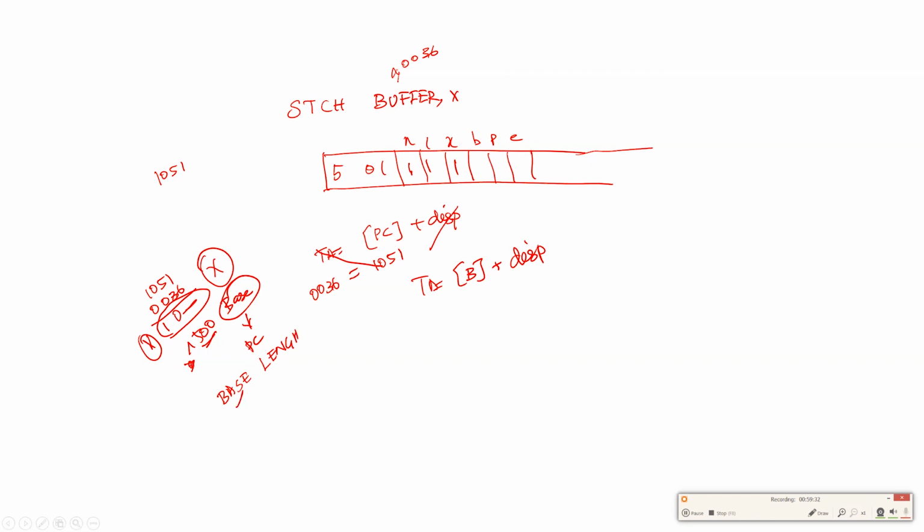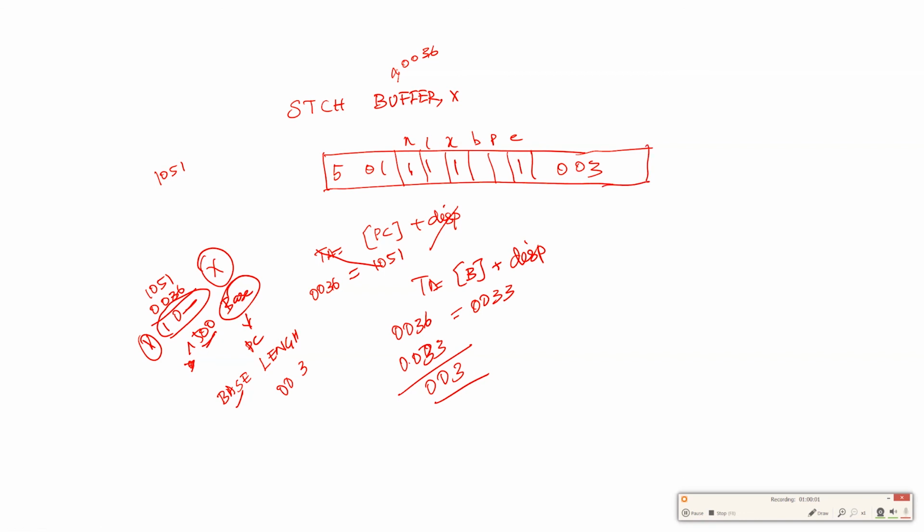What is the length value? 0033. So base register is 0033. The target address is 0036. Now if you calculate displacement, 0036 minus 0033, 6 minus 3 is 3, so it is 003.